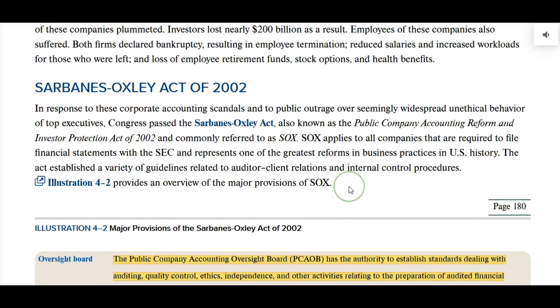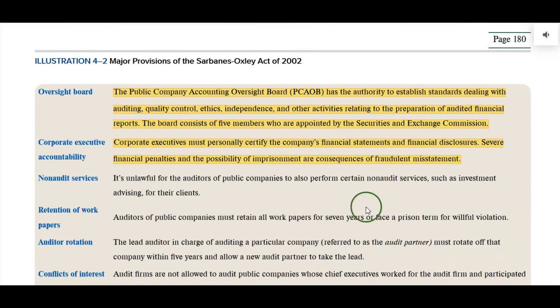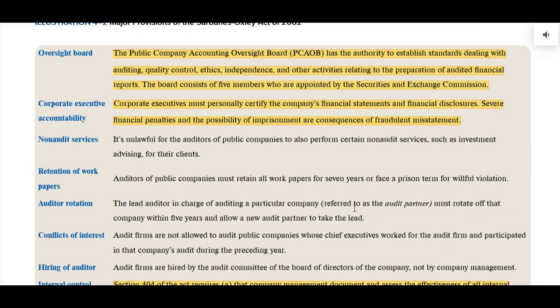Now, what happened in 2002 then, Congress passed what's called the Sarbanes-Oxley Act. And for short, people do call this SOX. So if you're in a company and they're talking about accounting terms or internal control or whatever, and they say SOX, they probably mean the Sarbanes-Oxley Act. So what is this act comprised of? The provisions, I have three of them highlighted here.